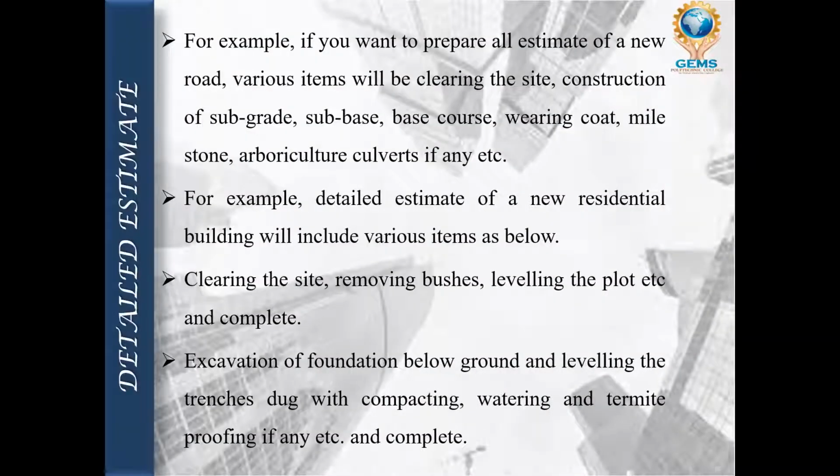In preparing this, the rate of material and labor are obtained from the current standard of rates, while the quantities of material and labor required for one unit of item are taken from the standard data book. So the cost of the material and labor we can easily get from the current standard rates, and the quantity of material and labor required for one unit of items we can get through the standard data book.